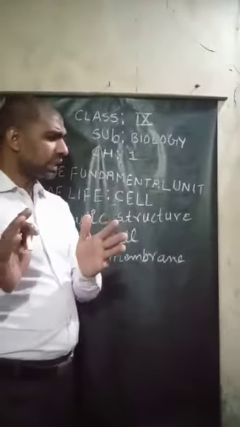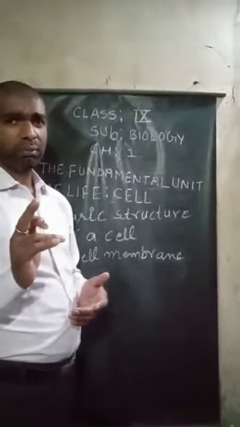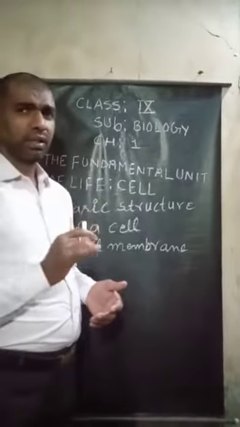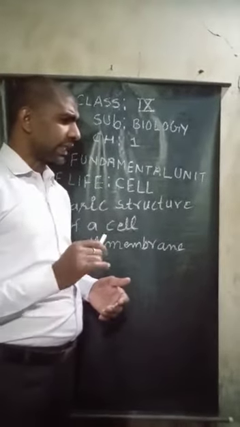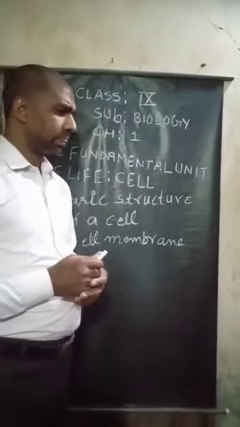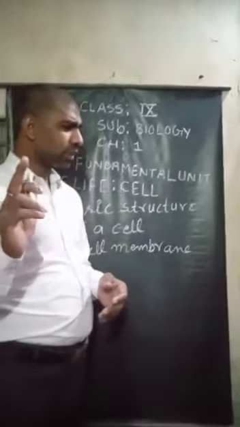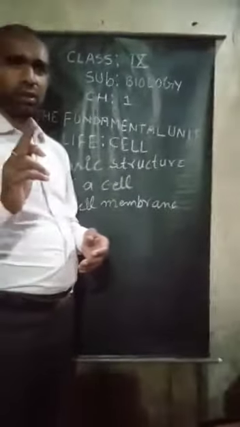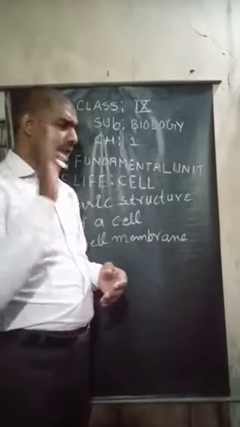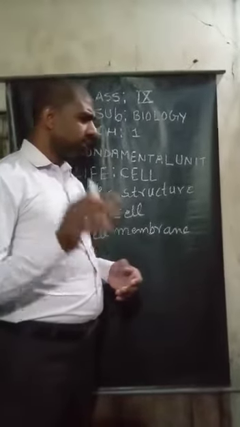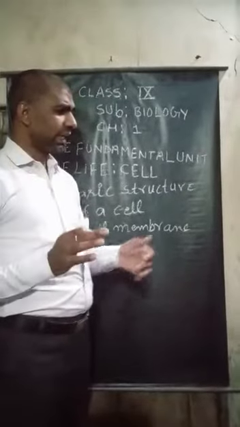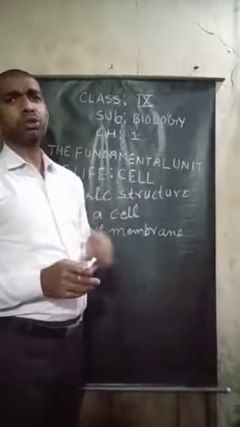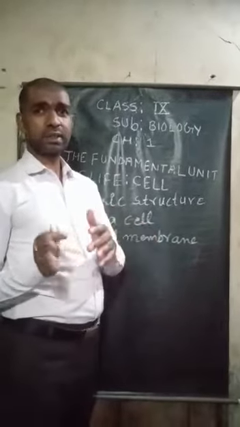What is the cell membrane? The cell membrane is a living, ultra thin, elastic and selectively permeable membrane. It is made up of lipid, protein and carbohydrates. It has fine pores through which substances may enter or leave the cell.